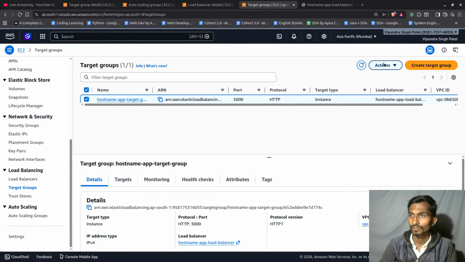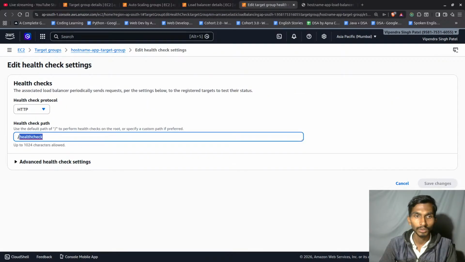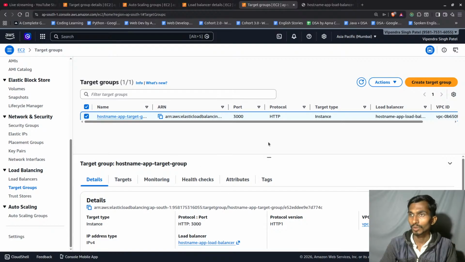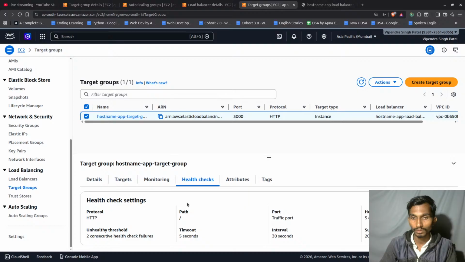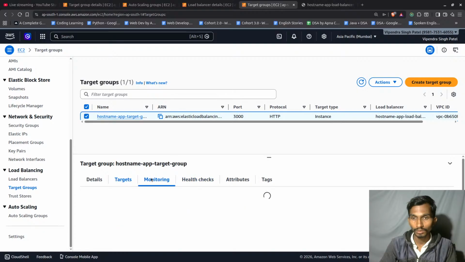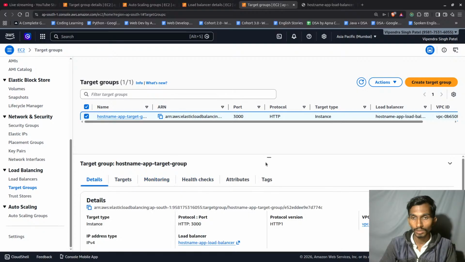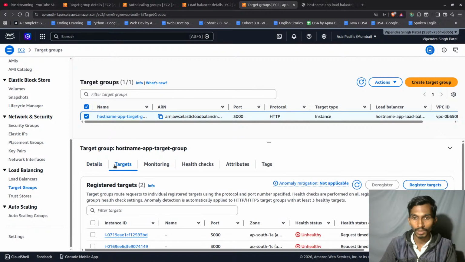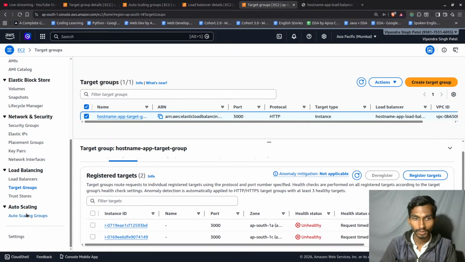Target groups, edit health check settings. So this is what I want to change. This needs to be just a slash this time. Save it, because I didn't change this on the code side, and because of that I was getting the error. And as this is done now, if I go to health check, monitoring, details, targets, 2 unhealthy, right? In that case, if I just refresh it,